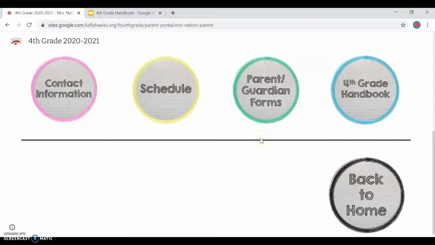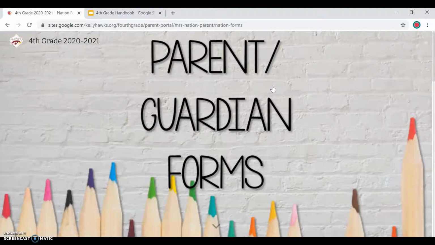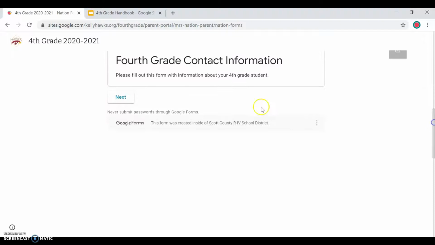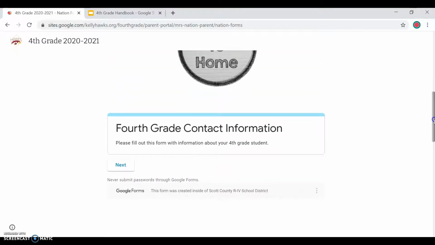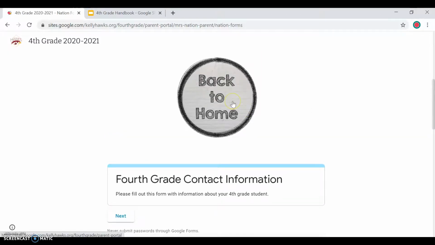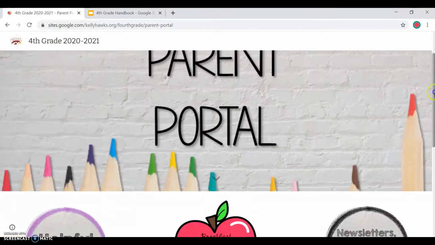On each teacher's page, you will find parent and guardian forms. It might just be on that page, or it might be a button to click on. Instead of sending home paper forms this year, we are going to do everything digitally. So down here at the bottom, you'll see the form. If you click next, it'll take you to some information that we need you to fill out. So if you could please do that at your earliest convenience, that would be great. When you're finished, you can click Back to Home, and it'll bring you back to the home page of the